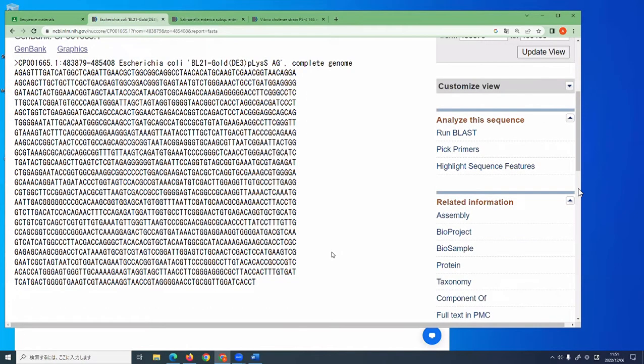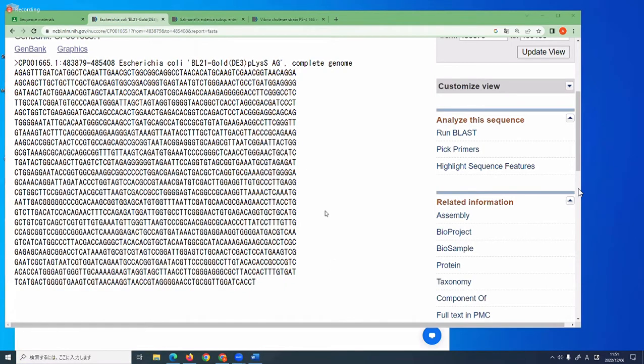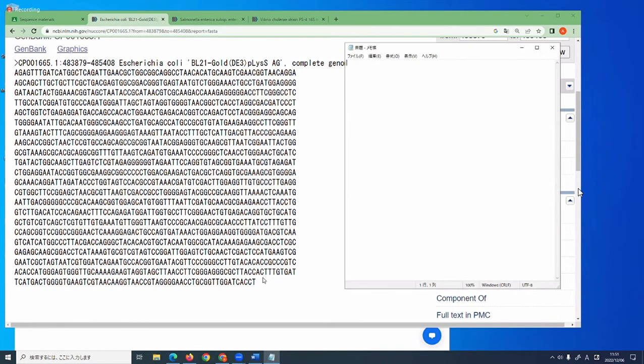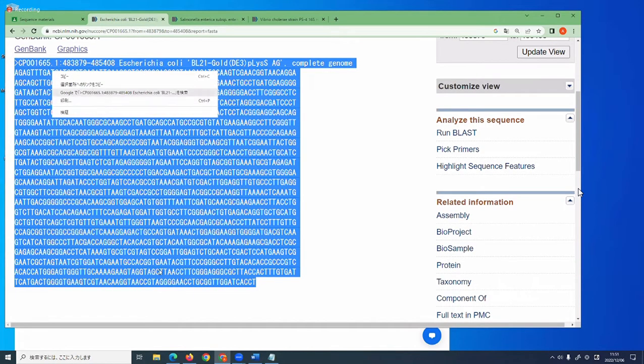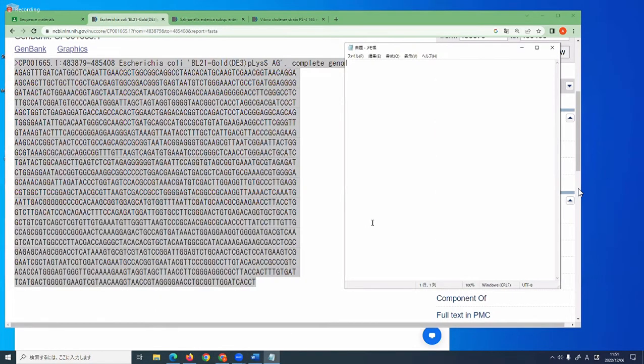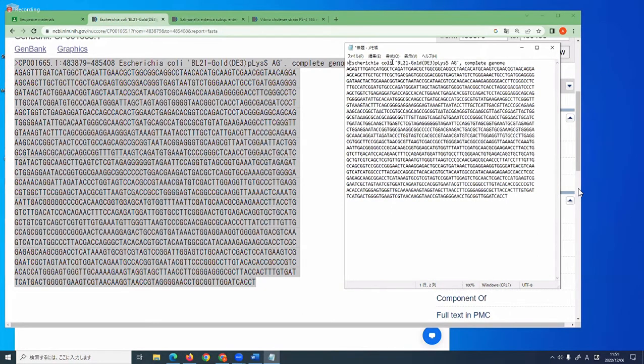So as usual, we can use our notepad. All right, can use notepad, and let's copy E. coli data. So I will simplify the header for the FASTA file. Just put it E. coli instead, right? And then we will go to